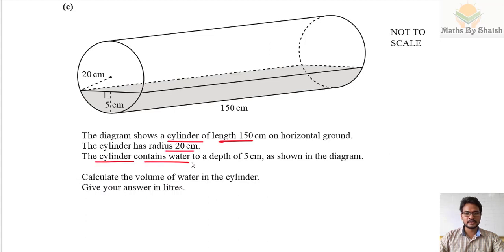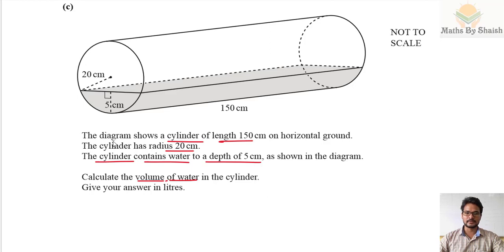The cylinder contains water to a depth of 5 centimeters as shown in the diagram. You can see this depth is 5 centimeters. Calculate the volume of water in the cylinder. So whenever we have volume and there is a cylinder or cuboid, the first thing that should come to our mind is